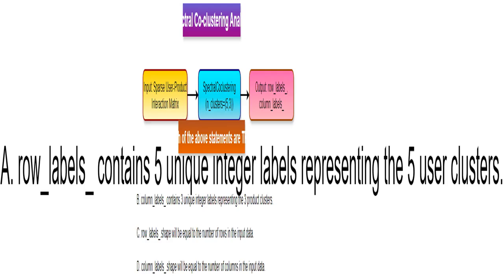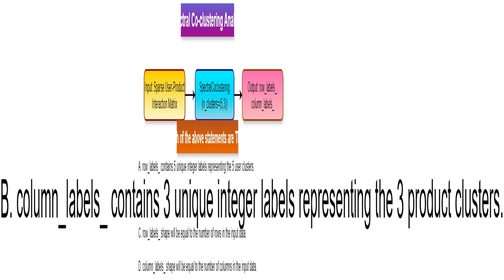This statement says that the row_labels_ output will have only 5 unique numbers representing the 5 user clusters that the algorithm found. For example, the labels might be 0, 1, 2, 3, and 4. Each user will have one of these labels. Similarly, this statement says that the column_labels_ output will only contain 3 unique numbers to represent the 3 product clusters. The algorithm will assign one of these 3 labels, maybe 0, 1, and 2, to each